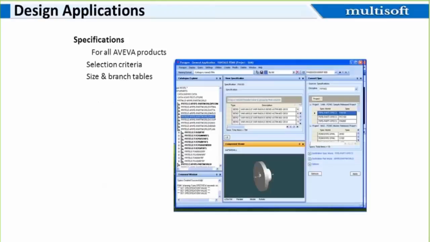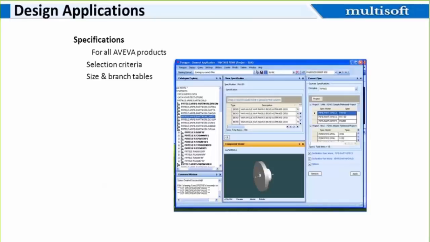Now, why do we need a specification? Basically, a catalog is a set of all the components in a standard, that is all the components and all the sizes. But in a real-time project, we do not need all the components and all the sizes from a standard.